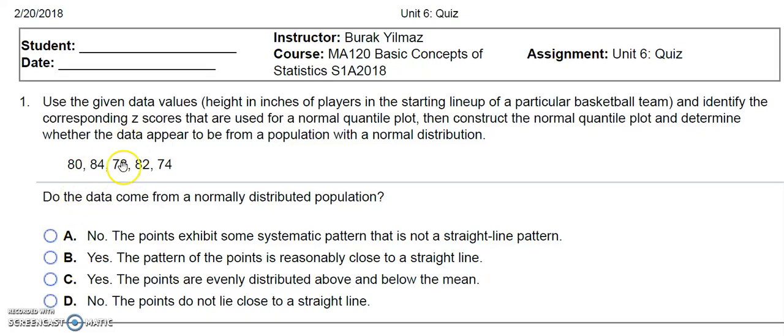Okay, so this is for quiz 6. In the first question, you see several data points here. So you can easily find the z-scores. All you need to know is the mean, which is the average of these numbers. You can calculate that. And the standard deviation. You can also find that. So once you know the mean and the standard deviation, you can find the z-scores corresponding to each of these